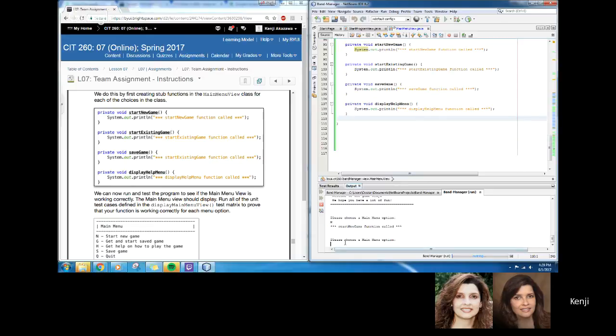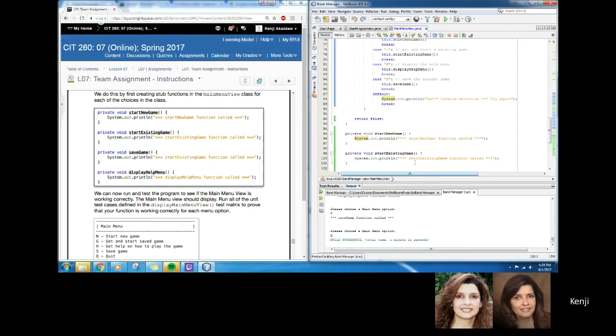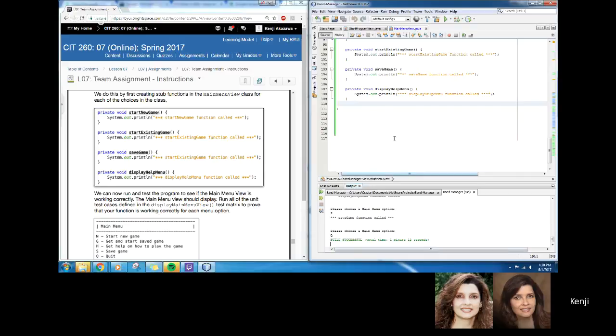Okay. I guess it doesn't show the main menu. I don't think it is supposed to show the main menu yet. You're just supposed to use your test matrix to see what it's supposed to be. It is telling you the right function for each. So that's correct. Okay, that's correct. How do I quit? Okay, quit. Cool. It's successful. What happened if I don't hit anything? I did test that too. I don't know if that's actually what you guys were looking for, but